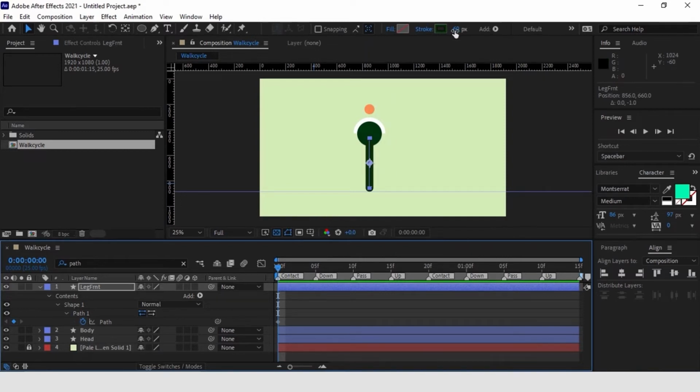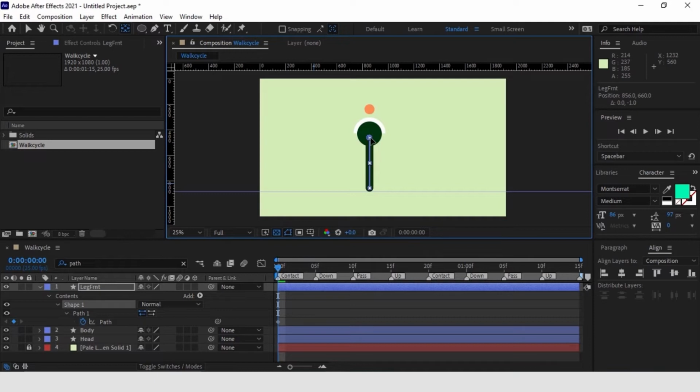You can change the thickness of the leg with the stroke up here. I will probably do the leg as 60. Press enter. And if we select the pan behind tool and move the anchor point of the leg, connect that to the hip